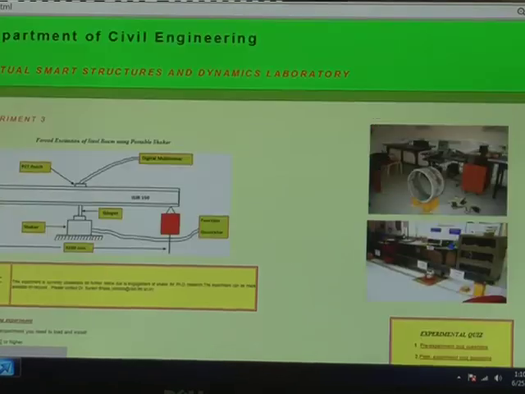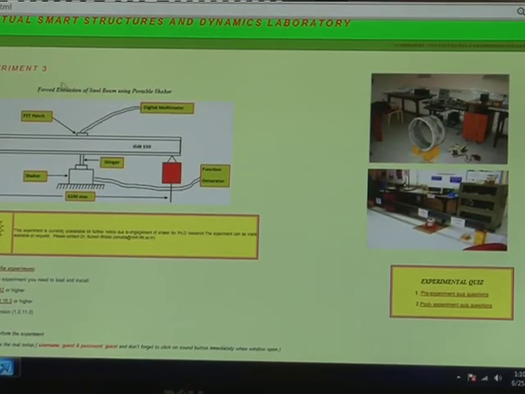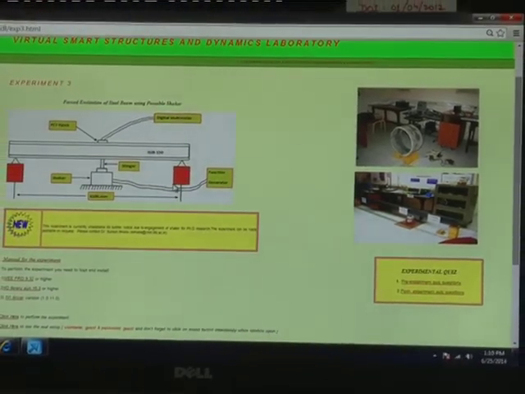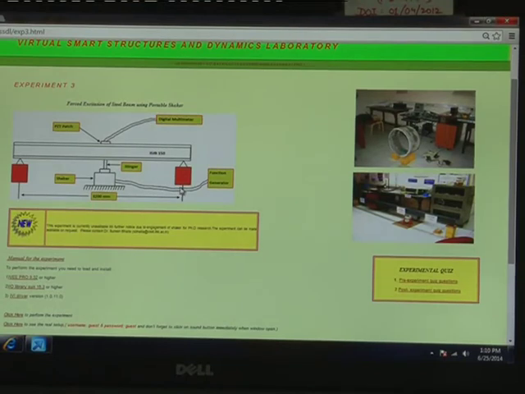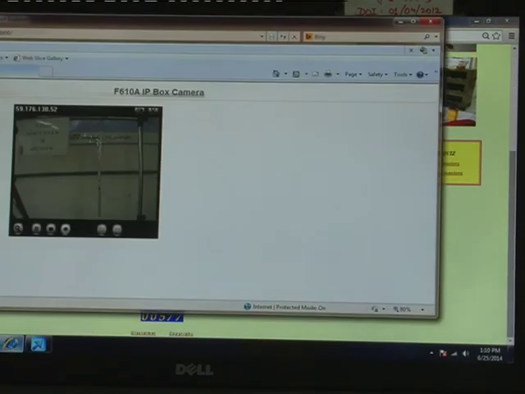Third experiment, as I have told, is based on the forced excitation being produced by the shaker. In this experiment the forcing frequency which we are giving is a sine wave with a frequency ranging from 2 hertz to 48 hertz. That has been given by using the function generator. To see the real time setup of this experiment,